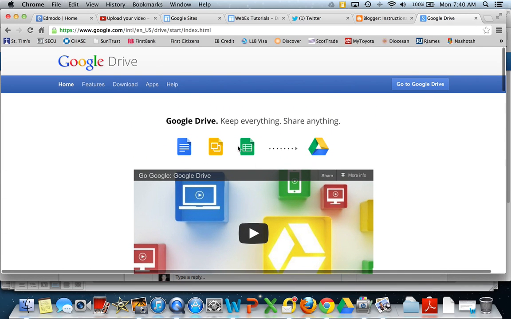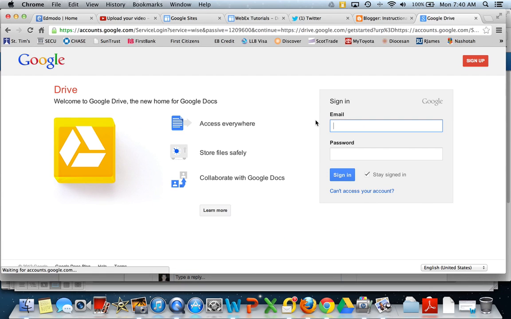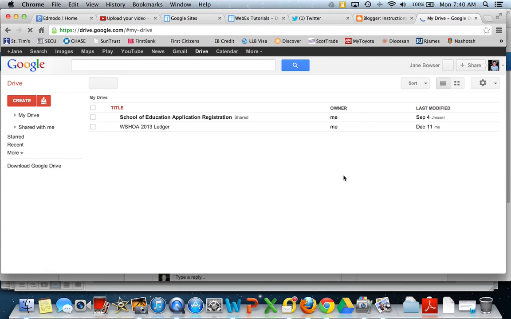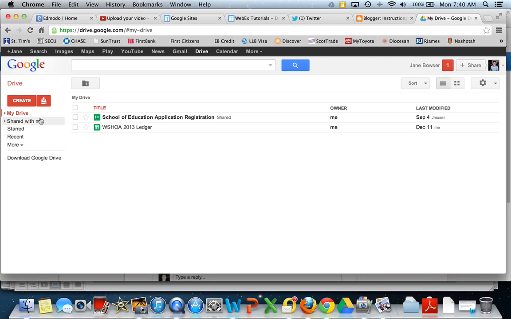Okay, so I've perused this, and I'm ready now to go to Google Drive. And it wants me to log in. So I'm going to log in. I happen to have a Google account, a Gmail account. And at this point, you go into My Google Drive. So you can see a couple of things that I have on my Google Drive at this point in time. I actually just deleted a whole bunch of stuff and cleaned it up